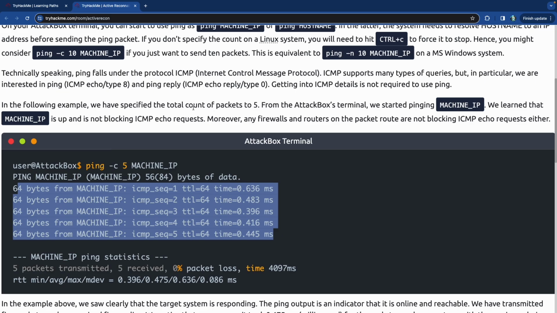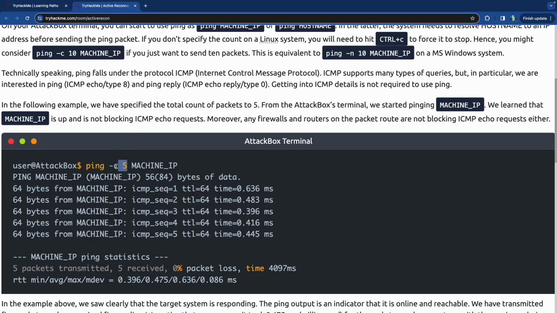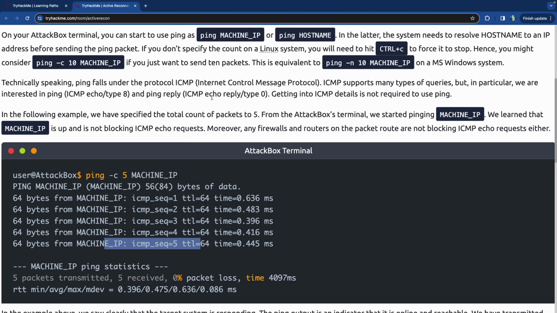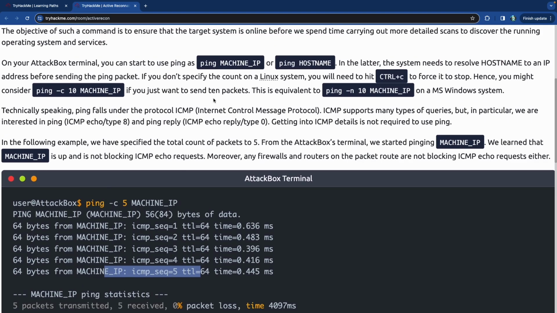And from this situation, we said that we want to count until 5. That's why there's only 5 packets, and then it finished. But if you don't specify this, if you just do ping and then the IP address, it's just going to keep going. If the machine is up, it's just going to keep going, keep going, keep going. So you can specify how many of them you want to return, right? So Control C, and this is both in Mac and Windows,